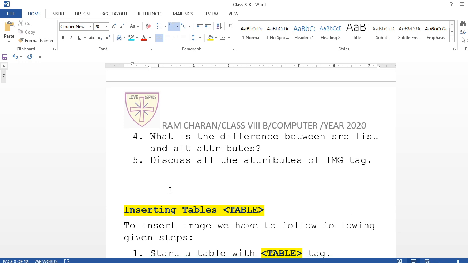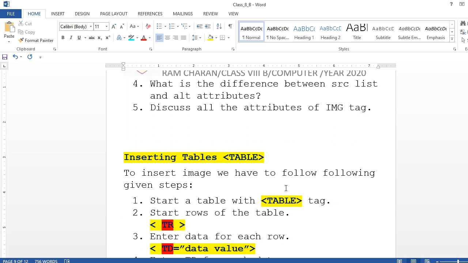Okay, now today's topic for discussion is how to insert tables, and I am going to teach you this in two parts. In today's class, I am going to discuss how to create a table. Understand? You first master that. You can prepare a skeleton of a table and insert the data in that. Any type of table you can make.